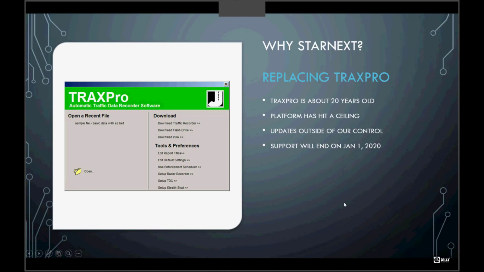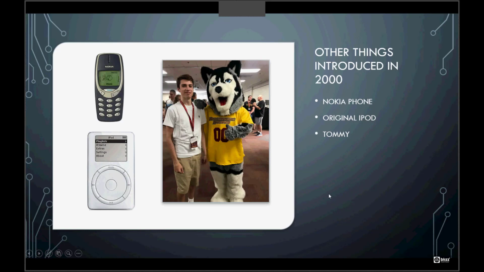So to put it in perspective, other things that were introduced around that time in the year 2000: that Nokia phone that everybody had, that hopefully no one has anymore. The original iPod came out then with the little wheel, and my son Tommy was introduced to the world in the year 2000, and later this month he's heading off to college. So if that puts it into perspective, he was not born when TraxPro was released, and he's going to be a freshman in college. So hoping that makes people understand where we are as far as the age